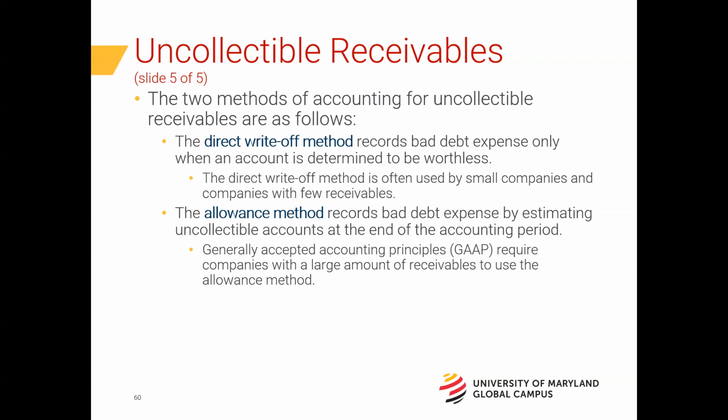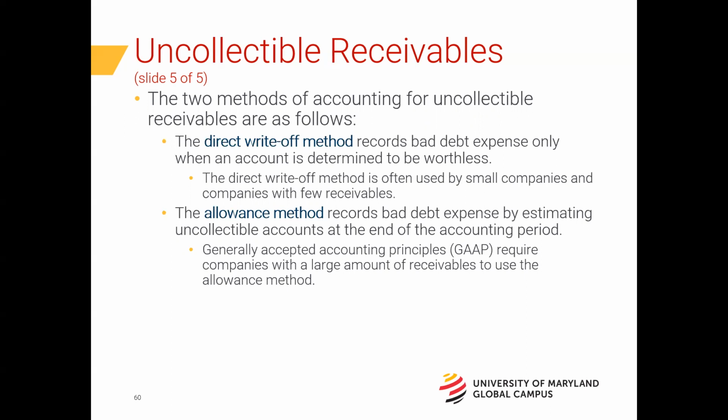So there are two methods of writing it off, as we talked about with bad debt expense. There are two commonly used write-off methods. The first one is called the direct write-off method. That's where we straight up reduce the account receivable by crediting accounts receivable and debiting bad debt expense. Very straightforward, very easy, most commonly used by small to medium-sized companies. It's the easiest. The other method, which is sometimes a pain to figure out, is called the allowance method.